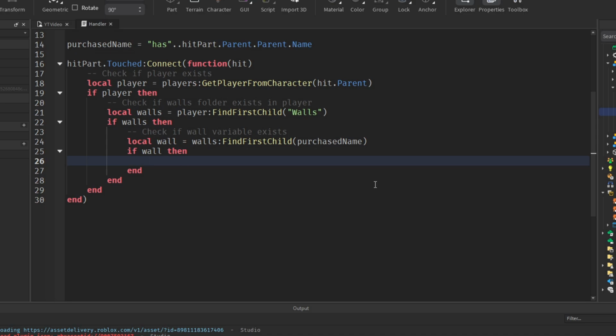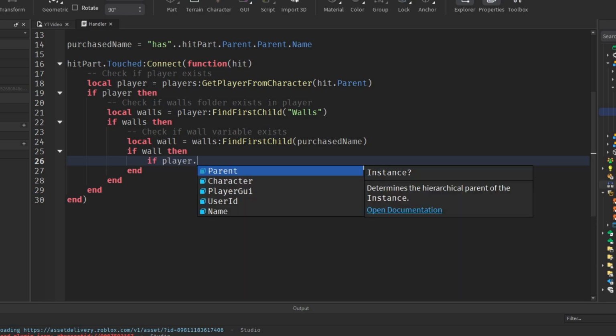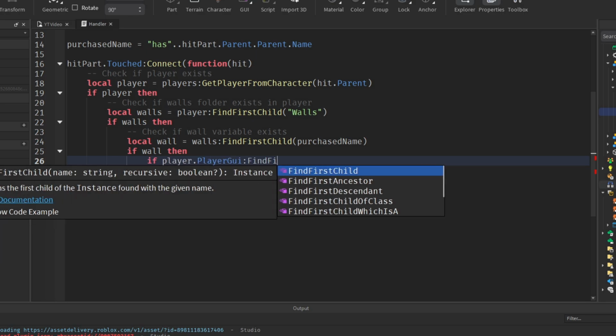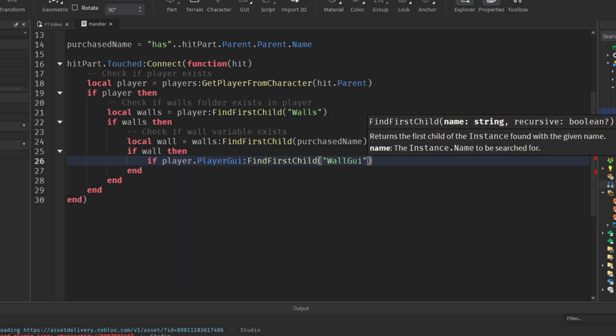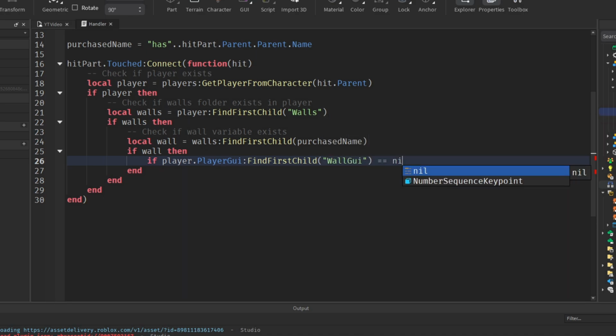So if the wall variable exists, we want to check if the player already has the wall GUI inside of them, i.e. they've already touched the wall. If they've already touched the wall and they've not cancelled or confirmed the purchase, then we don't want to show the wall again, because otherwise we're just going to keep duplicating it and they're just going to have 100 wall GUIs. So we'll just say if player.PlayerGui:FindFirstChild wall GUI is equal to nil and wall.value is